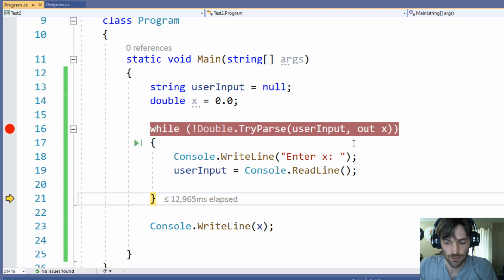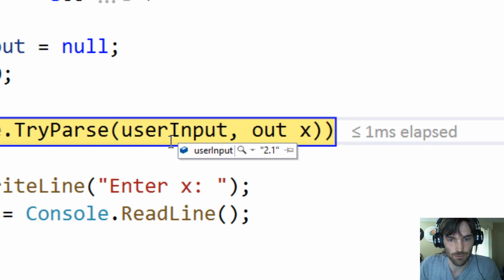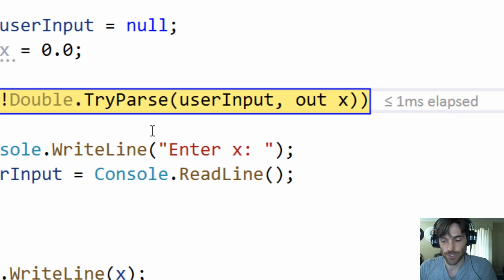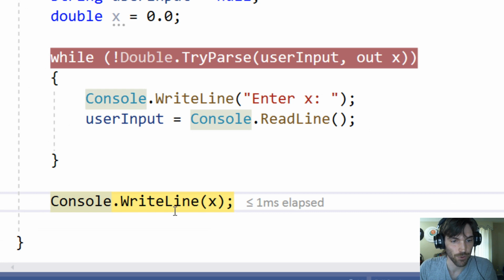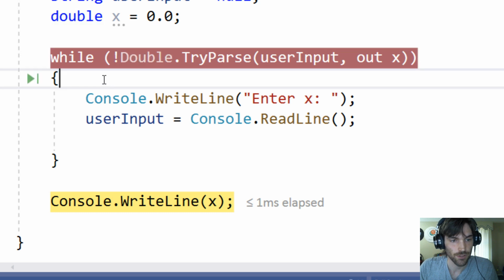We're going to hit enter. Back to our program, jump back up to the while loop. User input is a string 2.1. So we're going to hit F10 one more time, and now we're out, because this returned true and then got negated to false. So we got